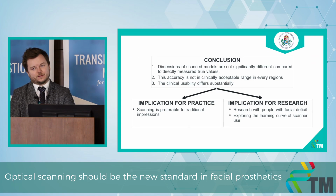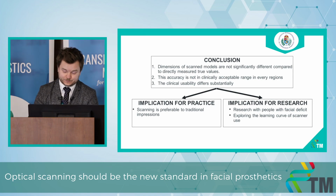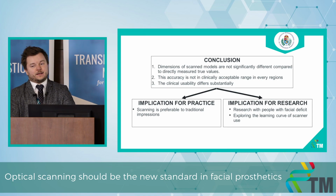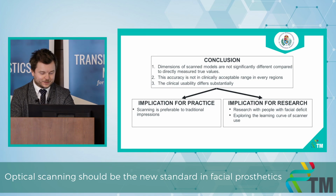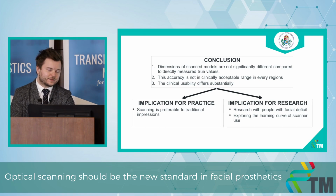So our conclusion is that there's no systematic error or no systematic skew in the digital representation of the faces. However, the accuracy is not in the clinically acceptable range in either region, and the clinical usability differs substantially. It's still more preferable over traditional impressions due to enhanced patient comfort, but further research should be conducted with people with actual facial deficits, because these articles only measured healthy faces, and we should explore the learning curve